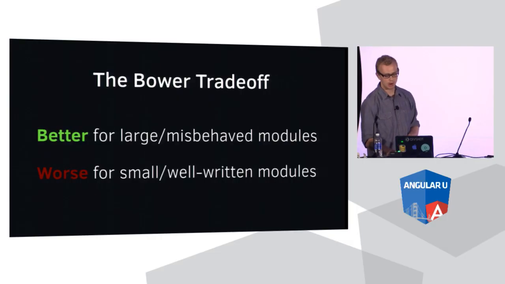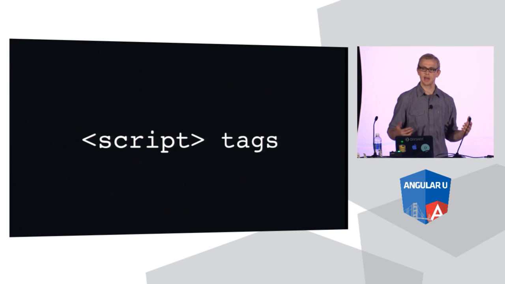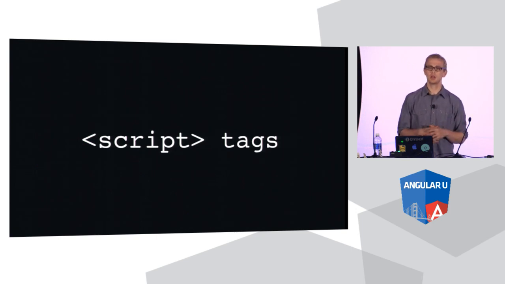And let's cover briefly a second issue around Bower. And that's script tags, and that's basically what it leaves you to do once you've installed your dependencies. So you have to go into your HTML document, add a script tag pointing to your Bower components folder for every single dependency you've installed. When that changes, you have to go put a new one in there. You have to make sure the order is right so that Angular comes before Angular modules.